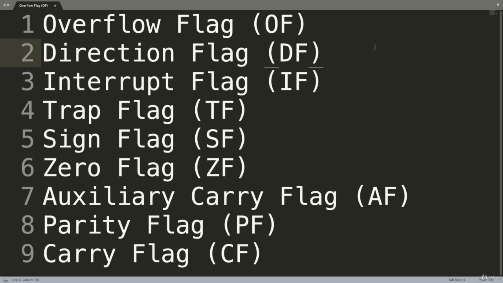So when the direction flag is 0, the string operation basically takes left to right, and when it's 1, it